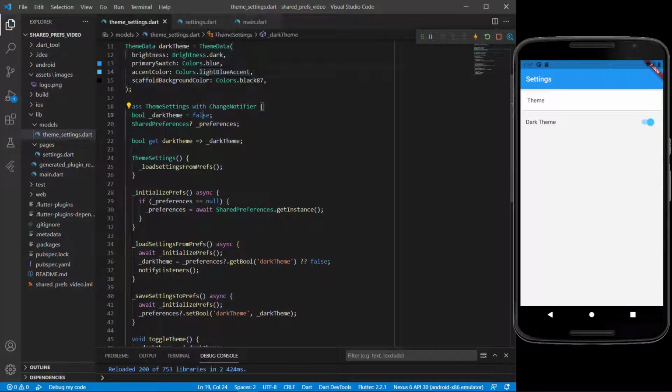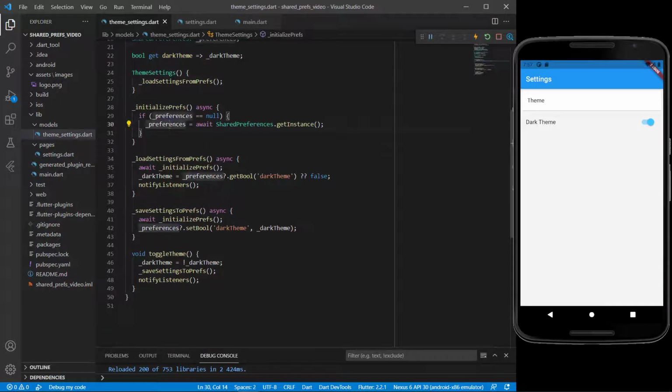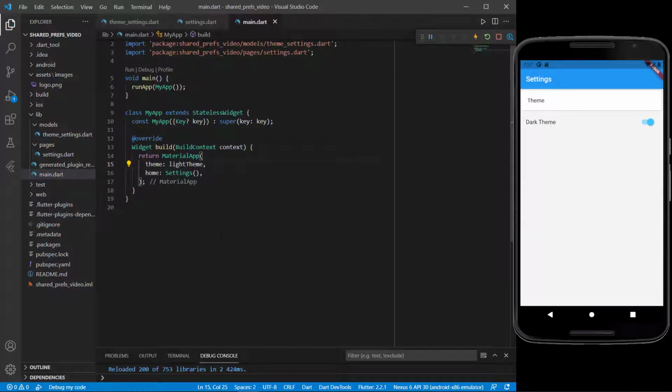We've got our dark theme, that's one of the values that needs to get provided. And as part of this whole thing, we are making sure also that we are saving and getting back the data as needed. Right, so let's go to the main.dart, because this is where we want to start listening right there. Okay, so over this material app, we will need to go and provide a change notifier, or the